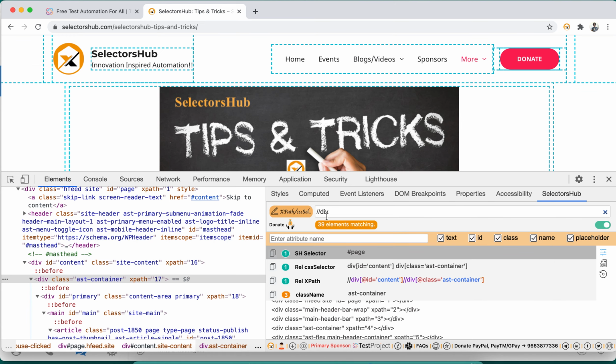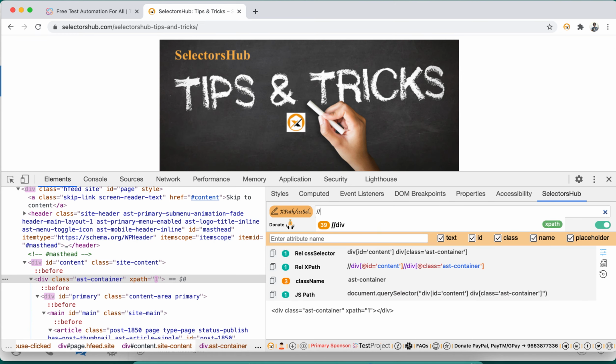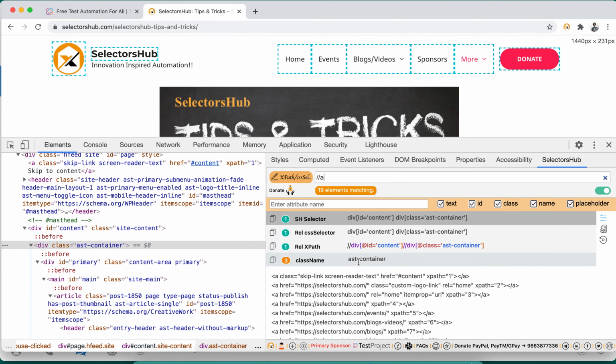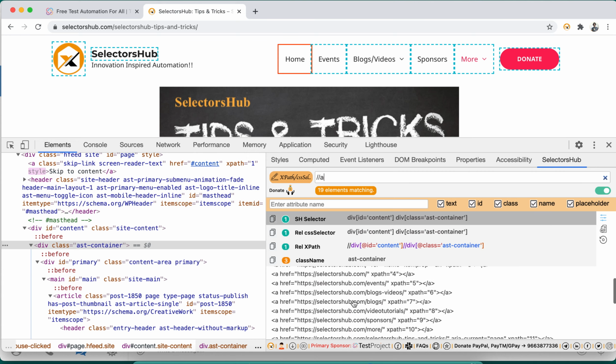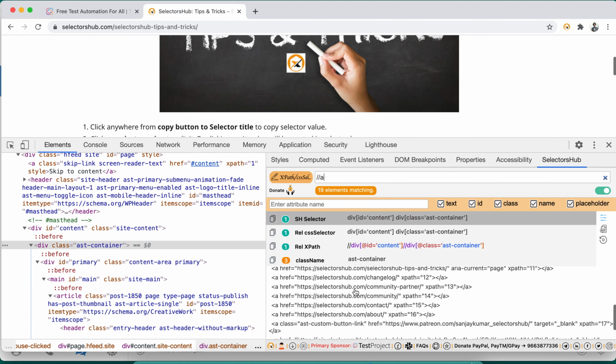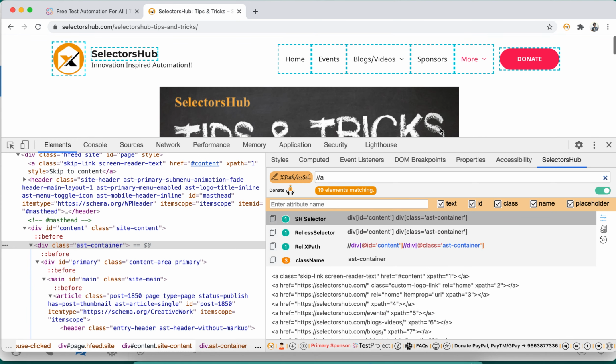And suppose somebody asks you how many links are on this page, so you just type //a and hit enter. You see that 19 links are there, and all of them will be showing here. So here you can see all the anchor text. And when you mouse over on them, slowly, you see that this is the Selectors Hub one. You see that this dotted blue line will convert into an orange-red solid line.